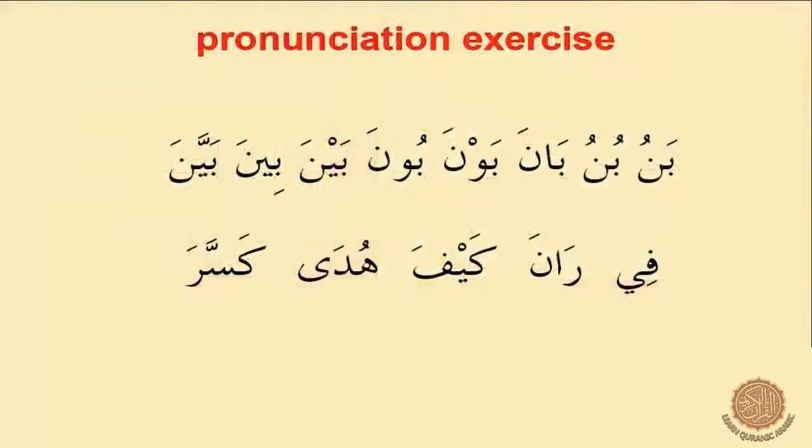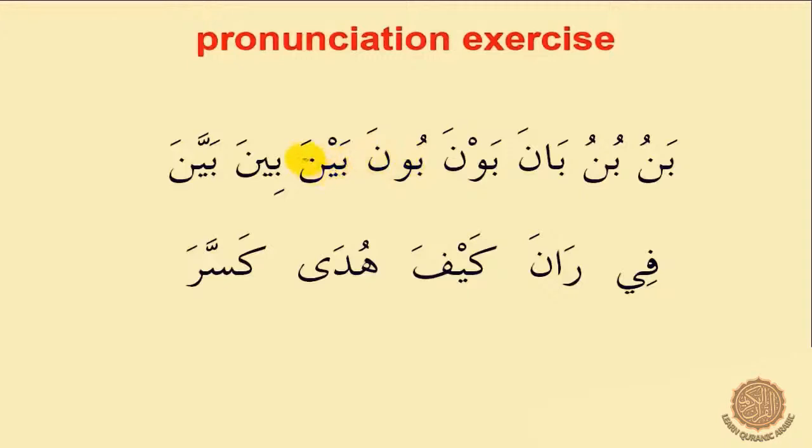Bismillahir Rahmanir Rahim. Now this is a pronunciation exercise from what we learned so far. So the first one is ba-nu. Banu. Next one is bu and nu. So it's bunu. Next one we see has a long vowel. So it's bana. Not bana, bana. Next one, there's sukun there on the vowel, so it's bawna. Bawna. Next one is a long vowel as well. It's the u sound, so it's boona. Boona. The next is